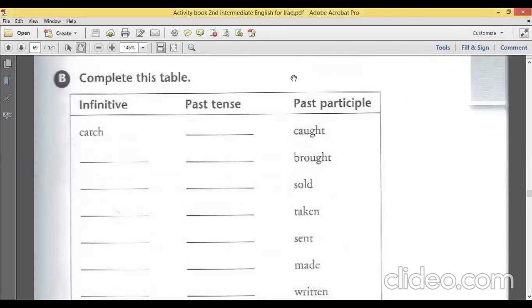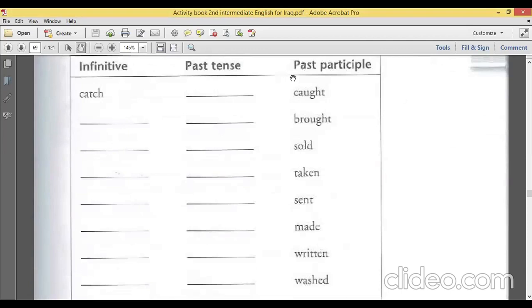If you remember, in the past, we used to give you the infinitive form of the verb, and you had to write the past tense and the past participle forms of the verbs. Now, the condition is reversed. So, for example, here, the first one, the first form of the verb catch in the past tense,